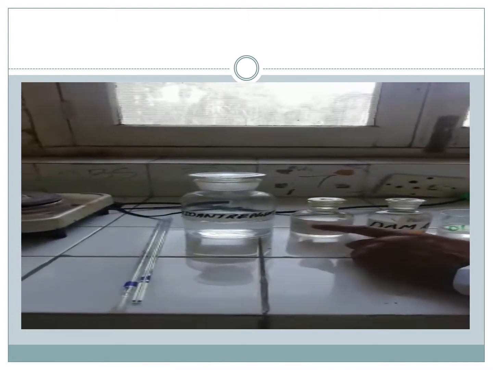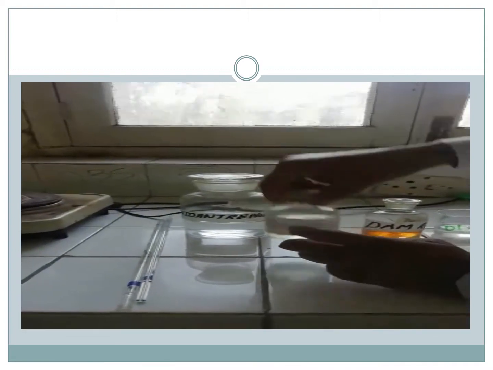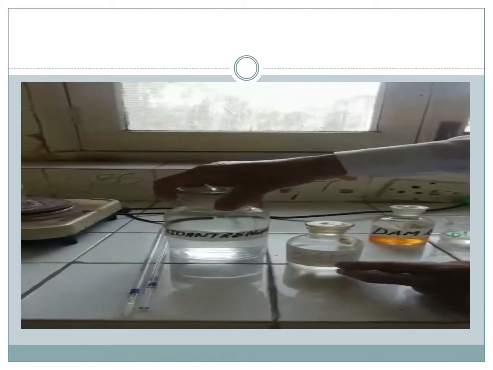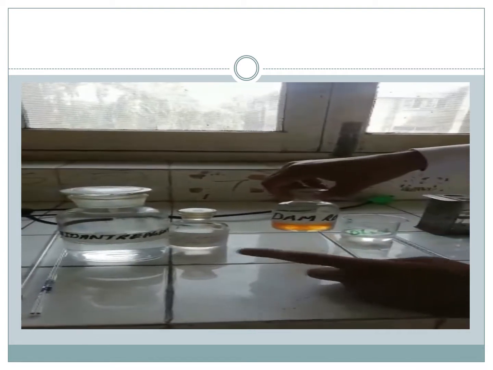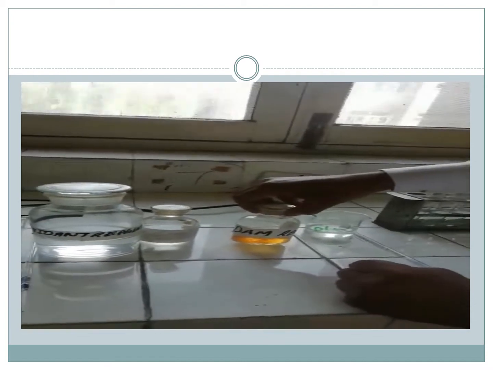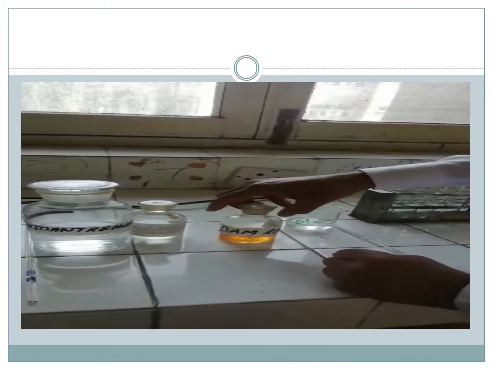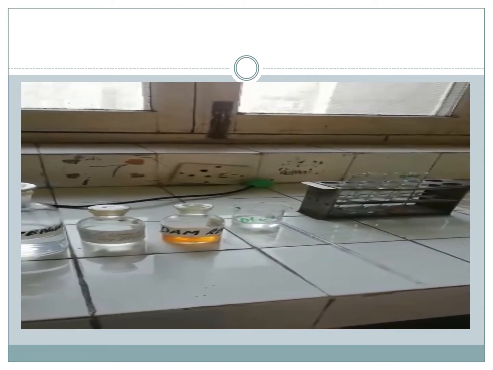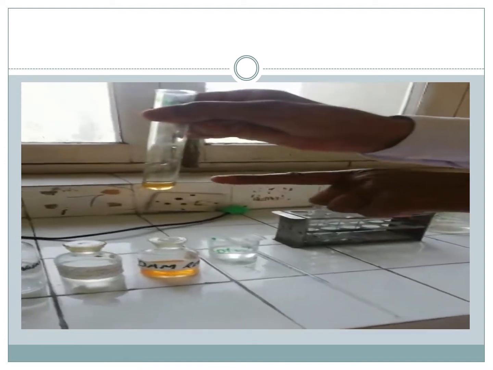Chemicals are standard, this is standard urea solution. It's 50 milligram per deciliter. Oxidant which acts as a catalyst which contains orthophosphoric acid and ferric ions. And DAM solution, DAM TSC, which is diacetyl monoxime thiosemicarbazide. TSC is used to intensify the color. Ethylene diamine tetraacetic acid which acts as anticoagulant and serum or plasma.